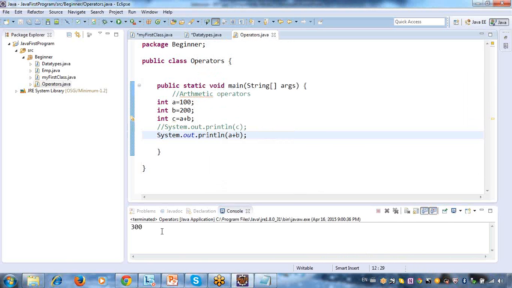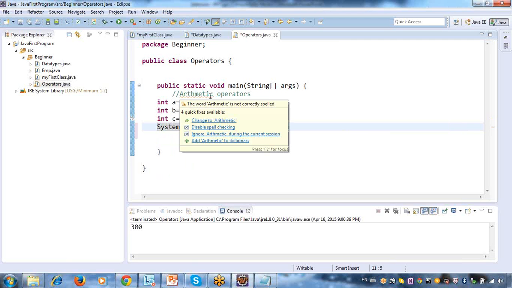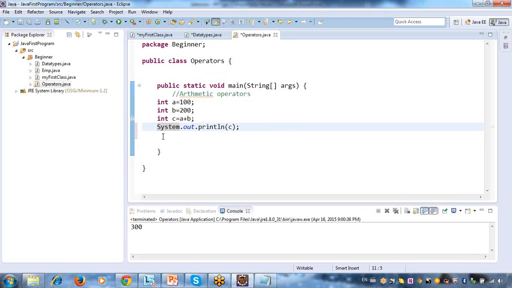Here you are just trying to add two numbers. When you want to add two numbers, you can simply use plus. When you say plus, it will be addition for your integers. Whereas if you use the same plus for your strings, it will be considered a concatenation. Plus for integers will add two numbers, but for strings the same plus will concatenate. That is the difference. Okay, this is how you can use your plus.